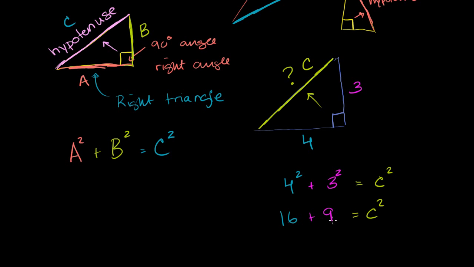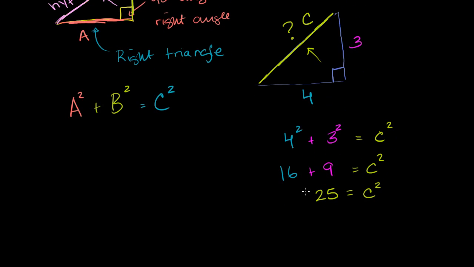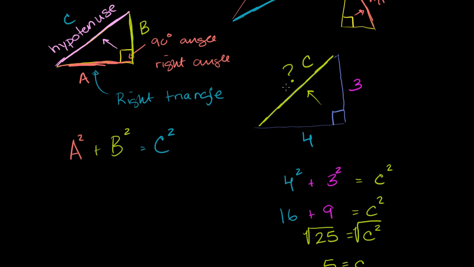Now what is 16 plus 9? It's 25. So 25 is equal to c squared. And we could take the positive square root of both sides. C, if you look at it mathematically, could be negative 5 as well. But we're dealing with distances, so we only care about the positive roots. So you take the principal root of both sides, and you get 5 is equal to c, or the length of the longest side is equal to